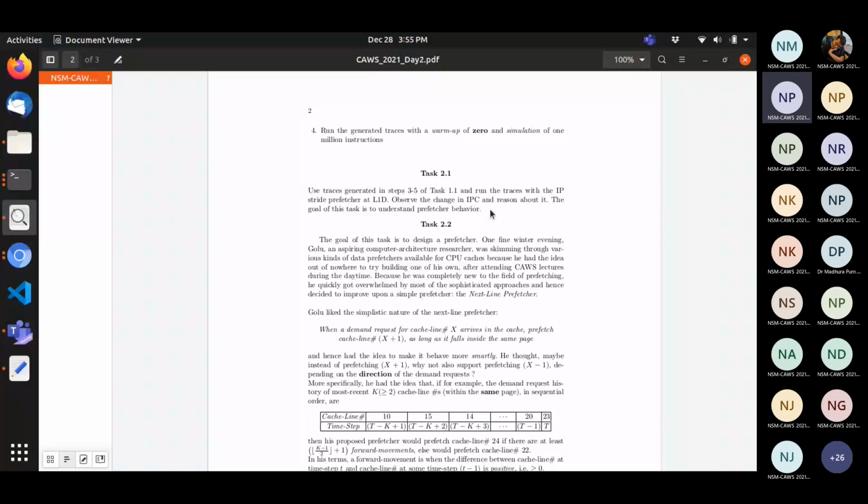Is 2.1 related to hardware prefetcher? Yeah, it's related to the hardware prefetcher we were studying. By the way, did anyone look at task 2.2? Do you have any doubts regarding this? You can just read the question.